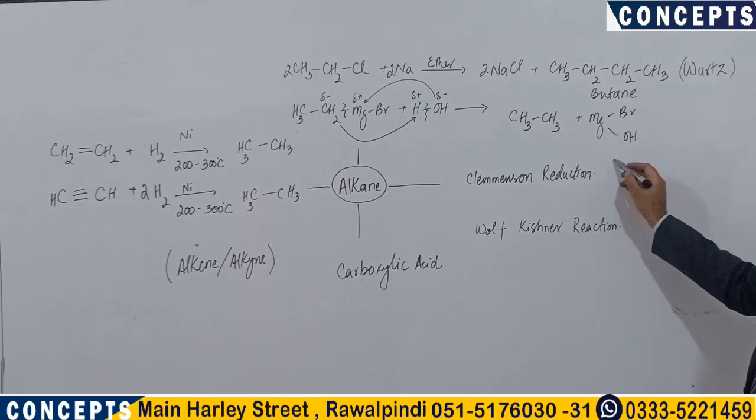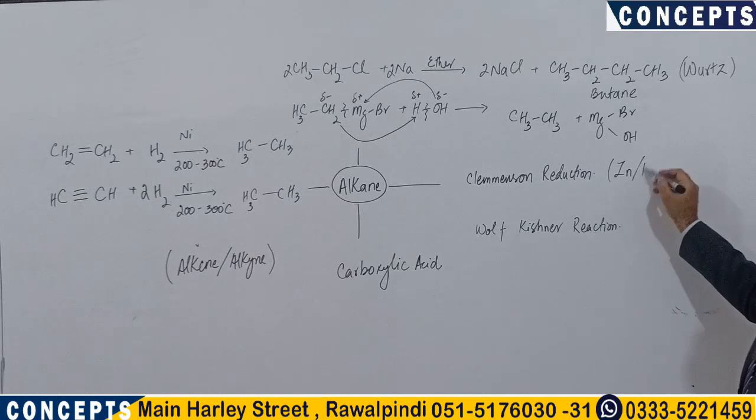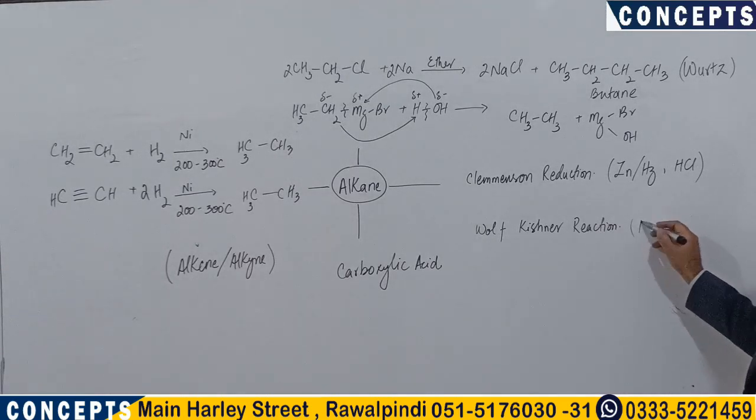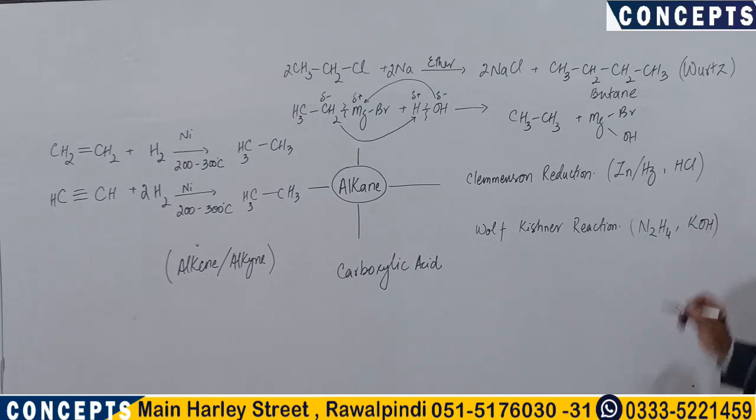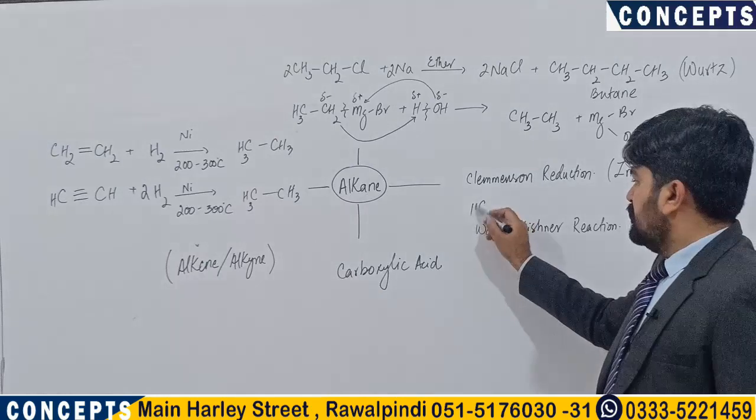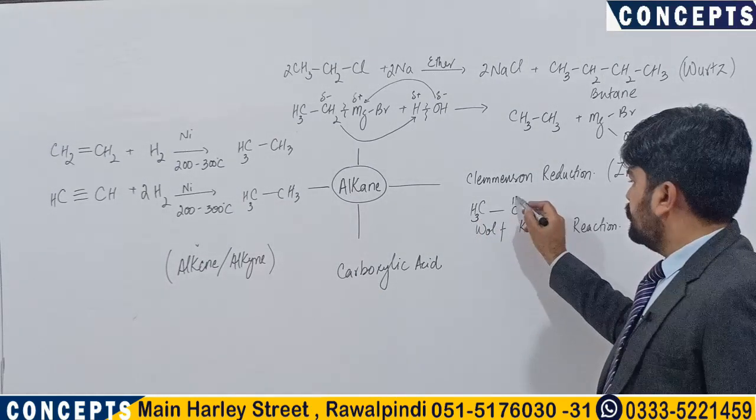In Clemmensen reaction, we require a mixture of zinc mercury amalgam and HCl that is used as a reducing agent, and in Wolff-Kishner reaction we have hydrazine along with potassium hydroxide. Both of the reagents reduce aldehydes and ketones, making the carbonyl into alkane. For the first method, we use